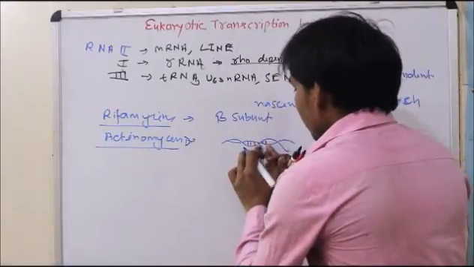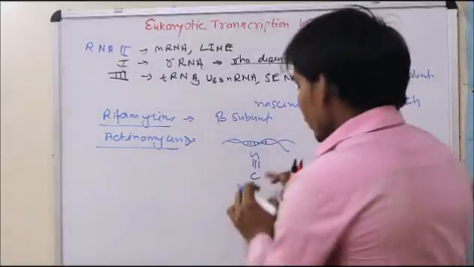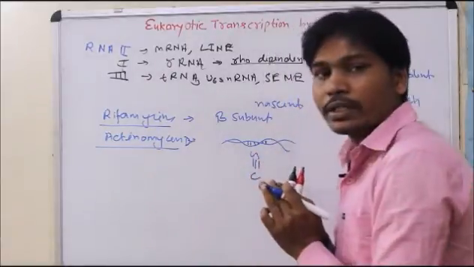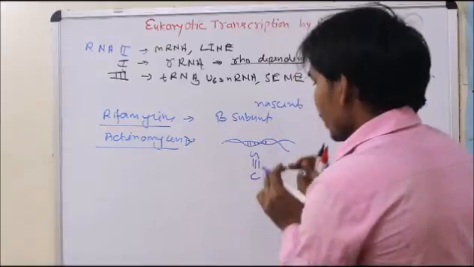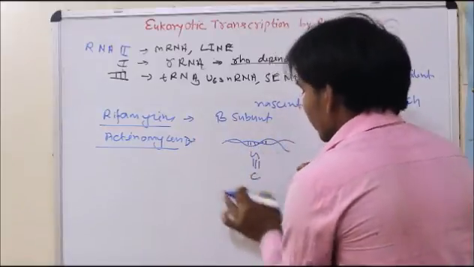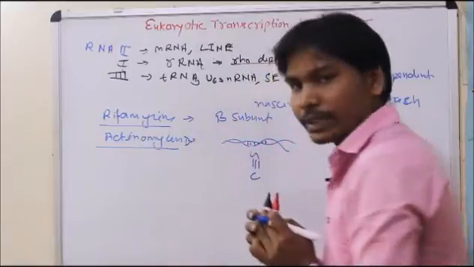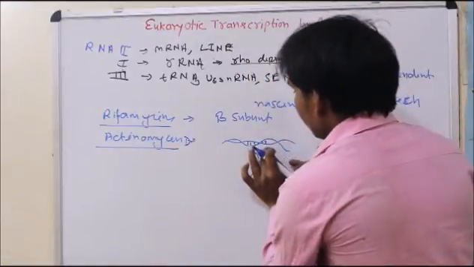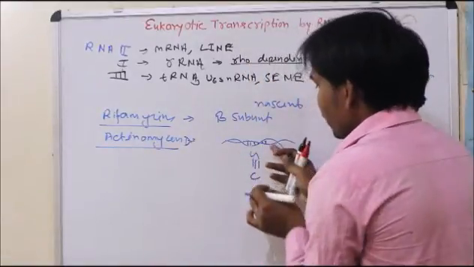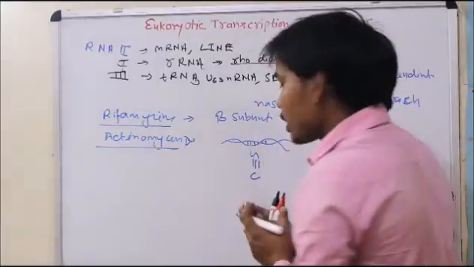It enters easily within these sequences and becomes hydrophobic, and there are two rings found in actinomycin D, which easily enter and make problems for the RNA polymerase II